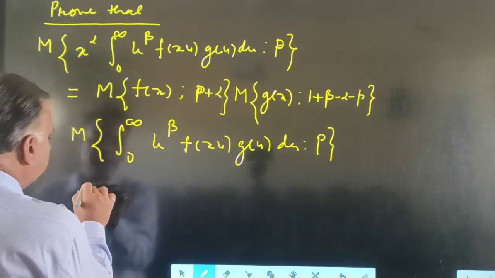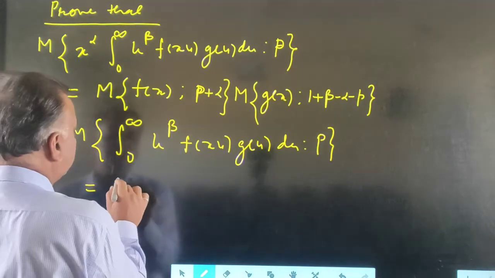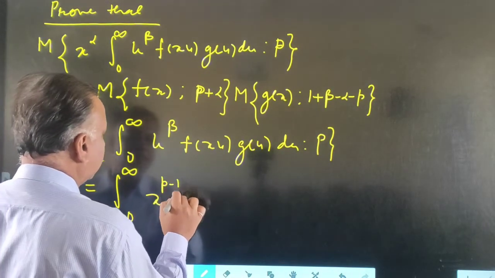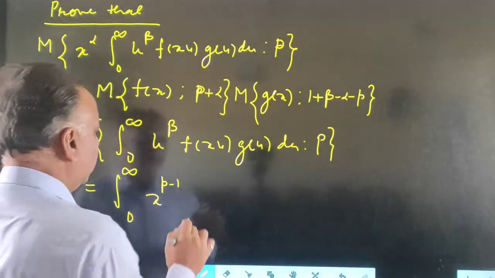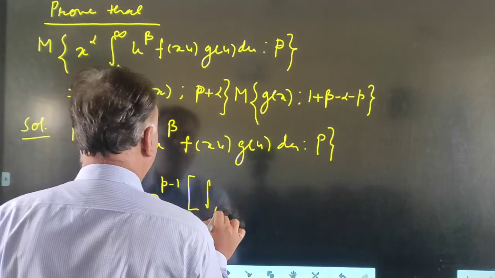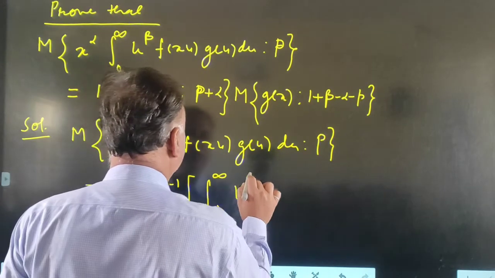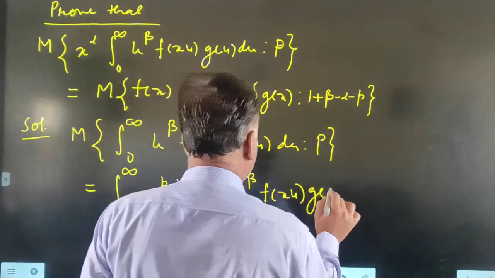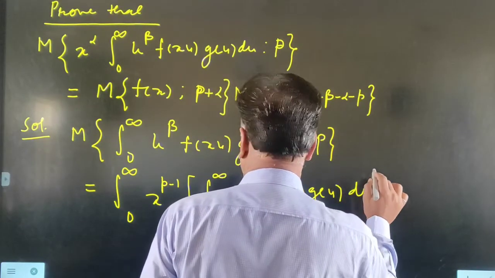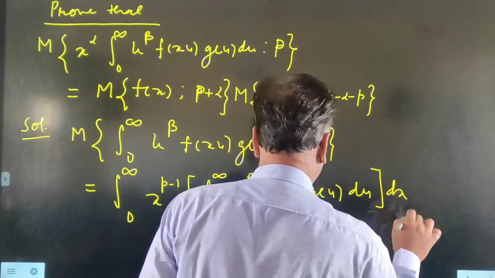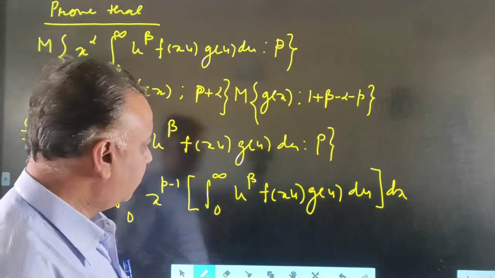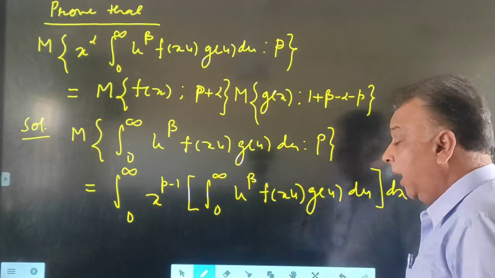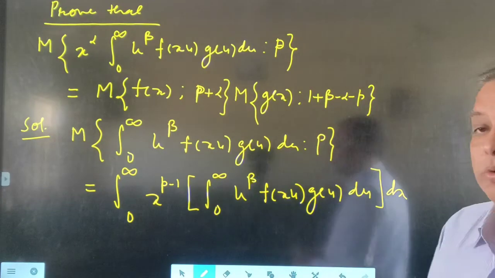By the definition, this is equal to integral 0 to infinity x raised to p minus 1 into the function which is integral 0 to infinity u raised to beta f of xu g of u du dx. In this, first we have to calculate the integral with respect to u and then integrate with respect to